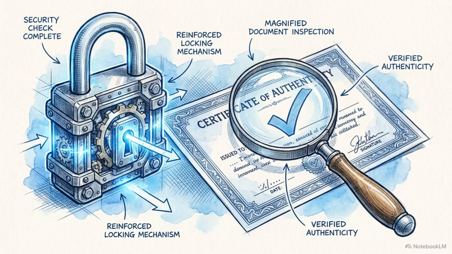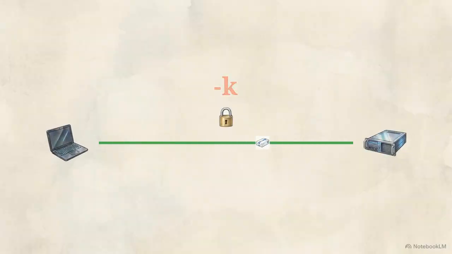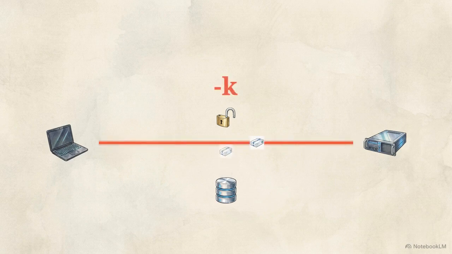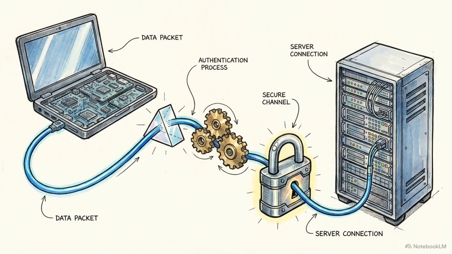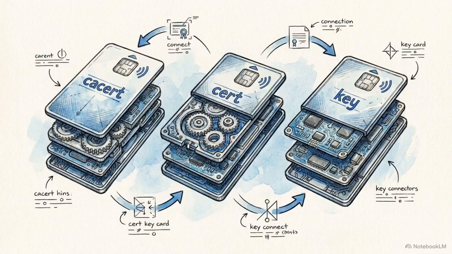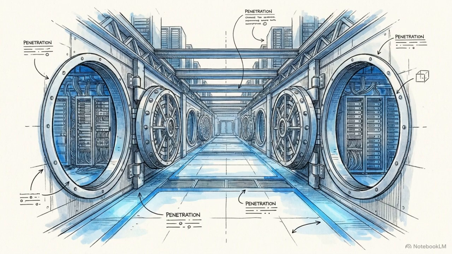When establishing these secure connections, curl strictly verifies TLS certificates by default. But bypassing these checks with the -k, or insecure, flag leaves your traffic entirely vulnerable to malicious interception. The correct secure workflow is to provide the specific cryptographic keys required by the server. You use --cacert for custom certificate authorities, and the --cert and --key flags to verify your identity in mutual TLS environments. Mastering manual state management and explicit TLS handshakes allows you to securely penetrate and test fully locked down